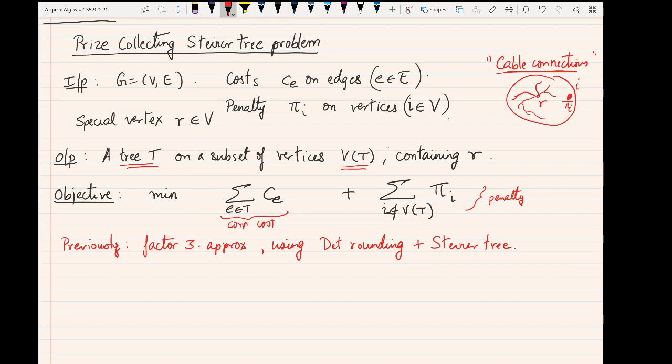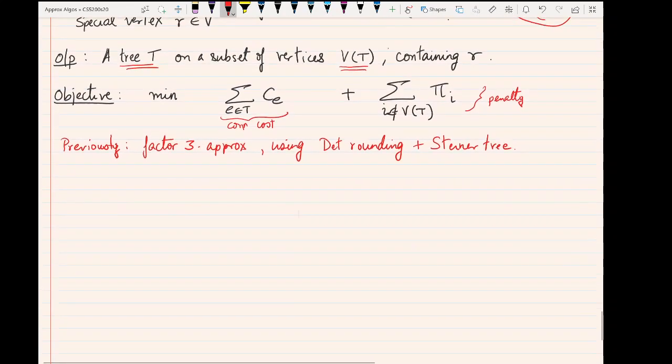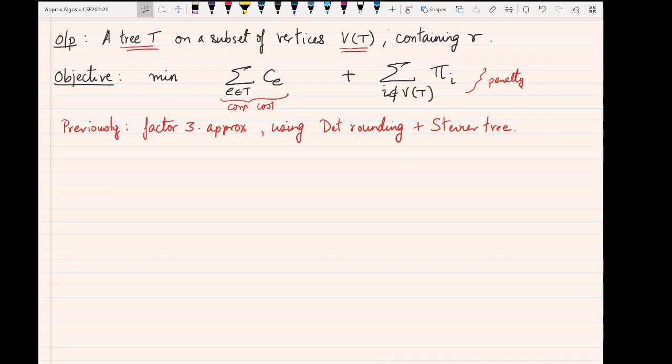Okay. So now what we had seen previously was a three-factor approximation where we use deterministic rounding and a primal dual algorithm for constructing a Steiner tree on a set of points. Okay, so this was part of your problem set 4. Now what I'm going to do is go over the deterministic rounding scheme very briefly. So in the algorithm,